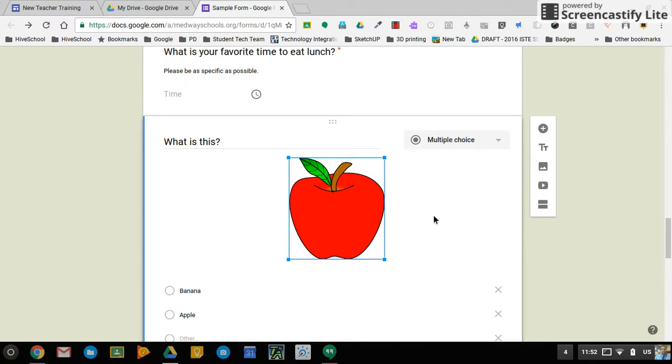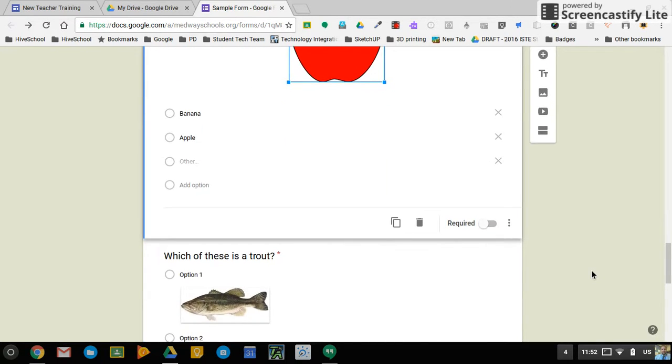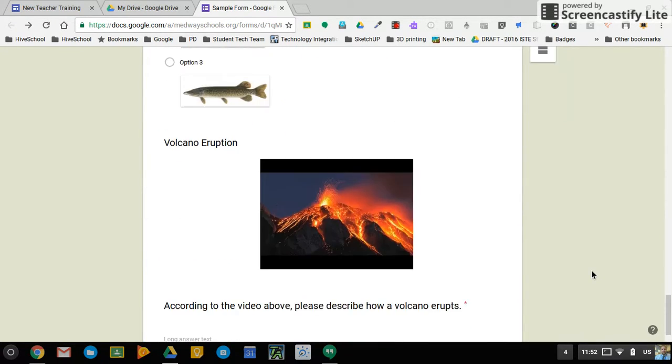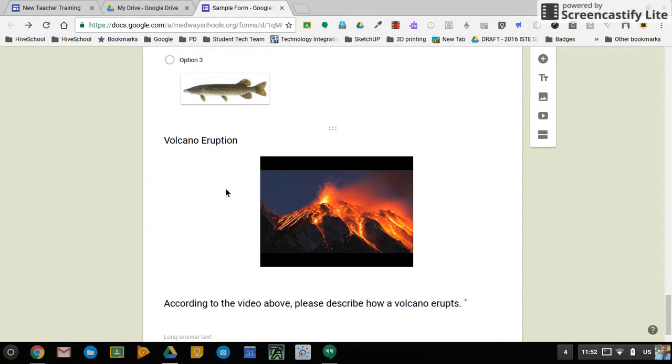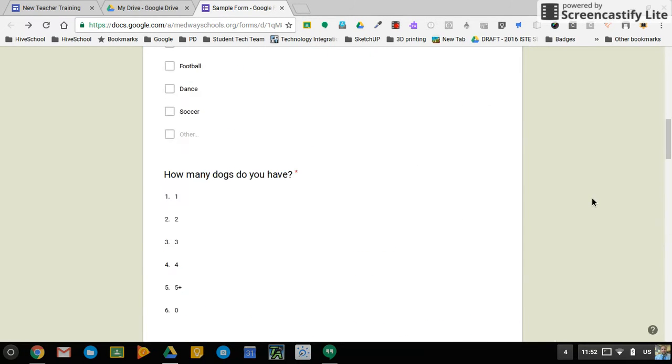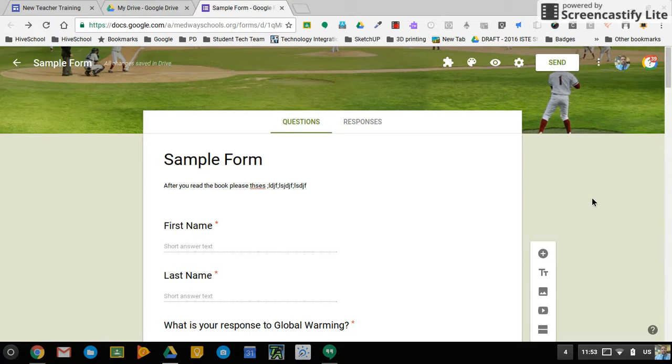I'm hoping at some point that we'd be able to insert a video as part of a particular question. But right now it's not. And the reason why I say that is because if you decide in the settings of this exam, which I will go over now. So if I go up to the top and I click settings,